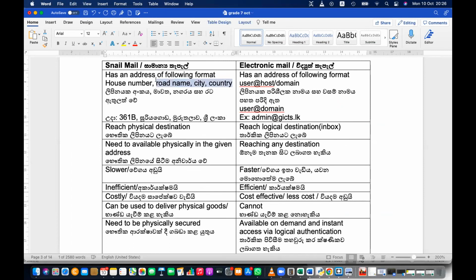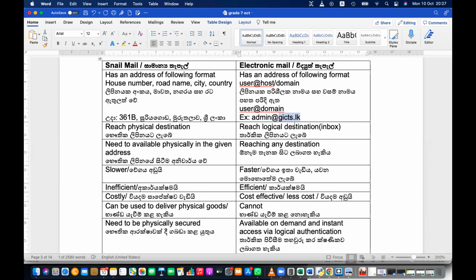This address is physical, a house address. But in email, you have this kind of email address. It has a username first, then the @ mark, then the domain or host. Example, admin@gicts.lk. Admin is the username, gicts.lk is the host, or the domain name.